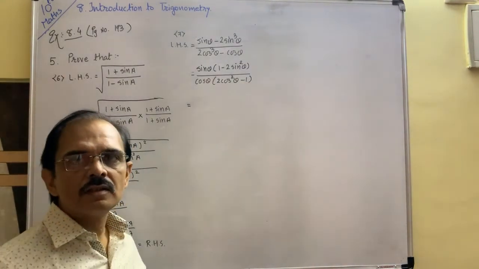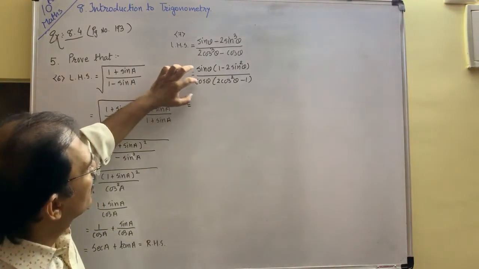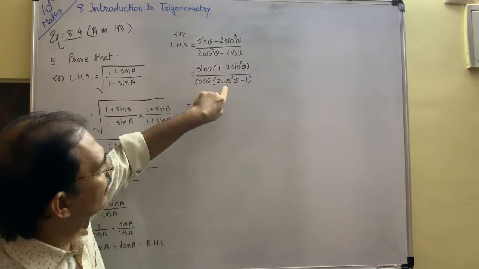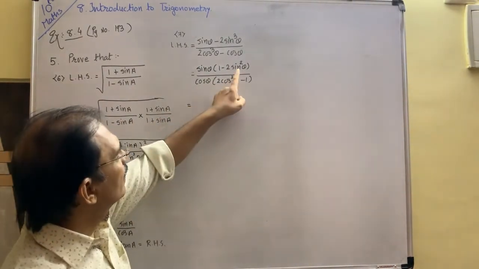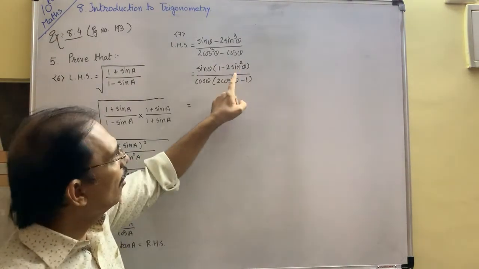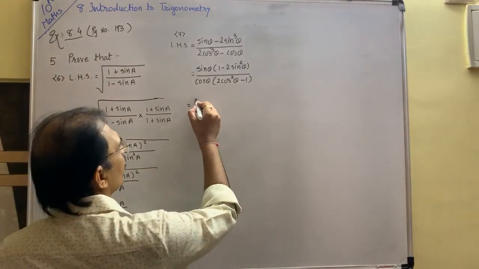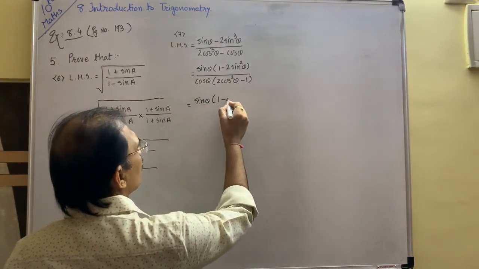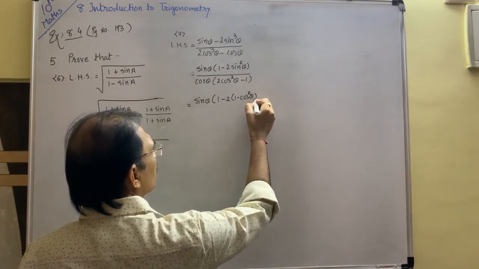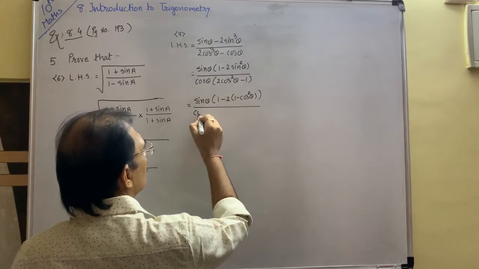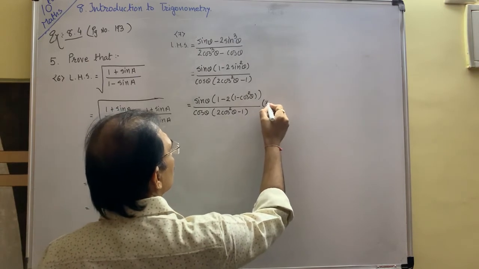Your answer is what? Means RHS is what? Tan theta, you want it. You know sin upon cos is tan. So this is your answer. It means it is cancelled. Okay? But not now. But when you place sin square value or cos square value, out of these two, change any one and try to become same. Sin theta, keep it as it is, 1 minus 2. What is the formula of sin square? 1 minus cos square. Upon cos theta, 2 cos square theta minus 1.